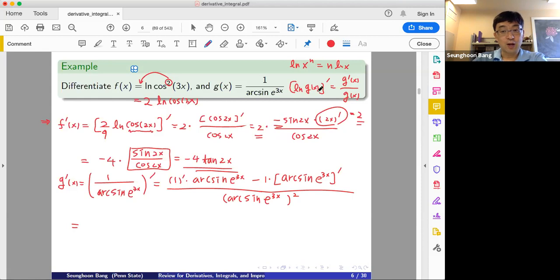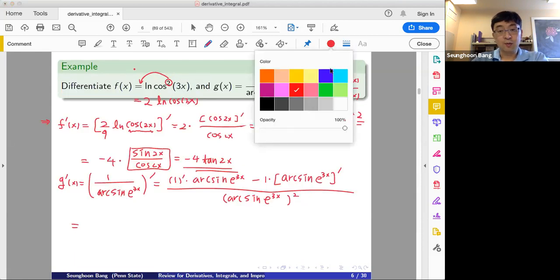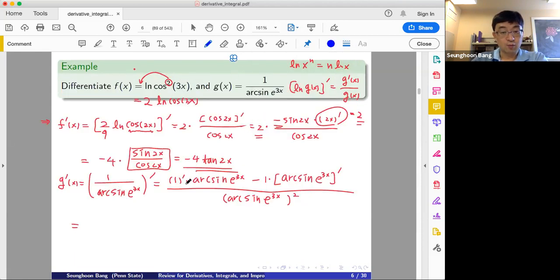Here, the derivative of 1 is just 0. The derivative of 1 is 0, so this whole term is gone. Then the arc sine of 3x prime, like this one, you can keep the minus 1. So we have